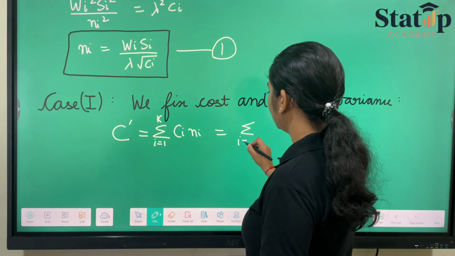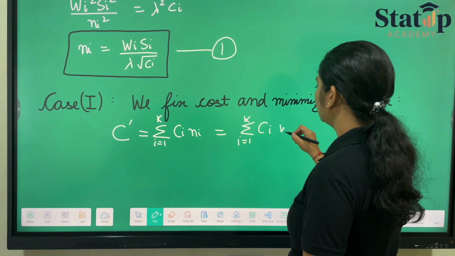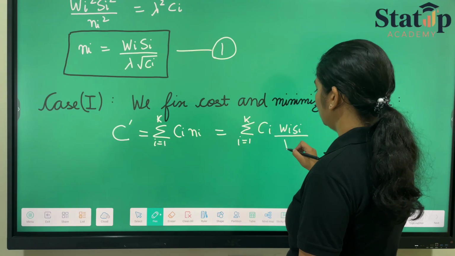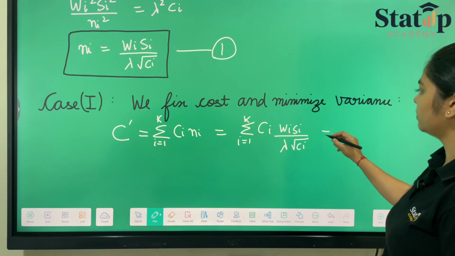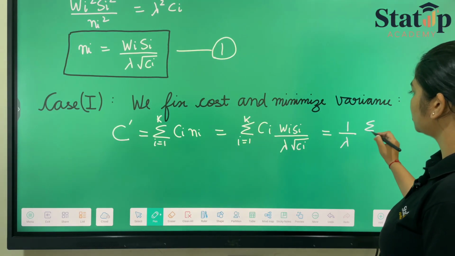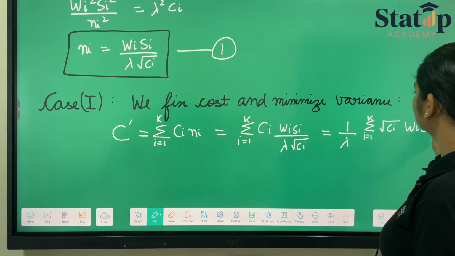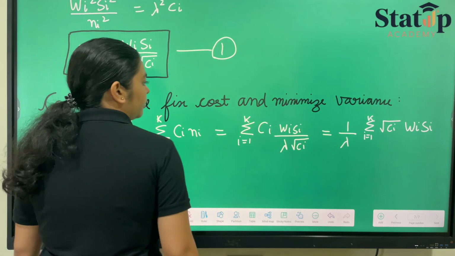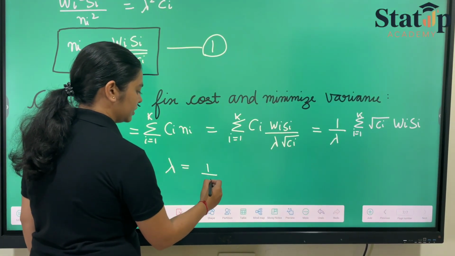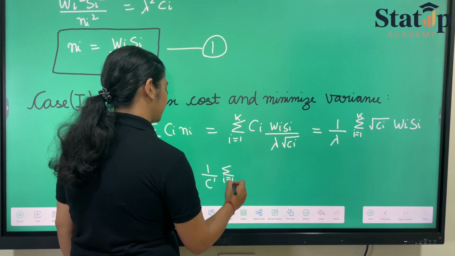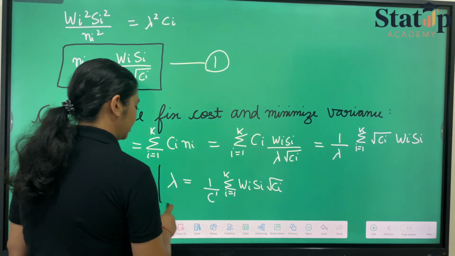We'll get summation i goes from 1 to k Ci into Wi Si upon lambda under root Ci. So this will be nothing but 1 upon lambda summation i goes from 1 to k under root Ci Wi Si. Now the value of lambda from here we will get as lambda is equals to 1 upon C dash summation i goes from 1 to k Wi Si under root Ci. This will be the value of lambda